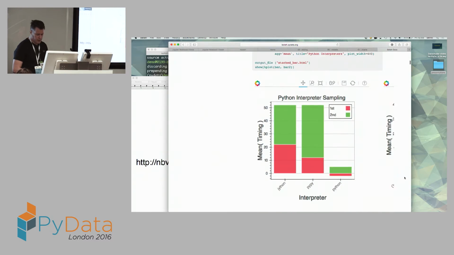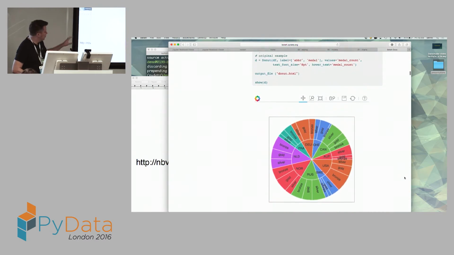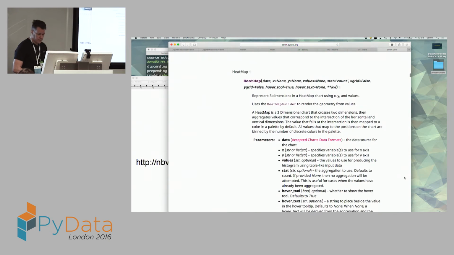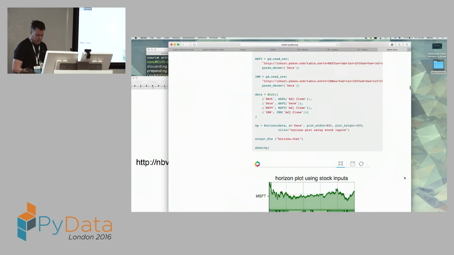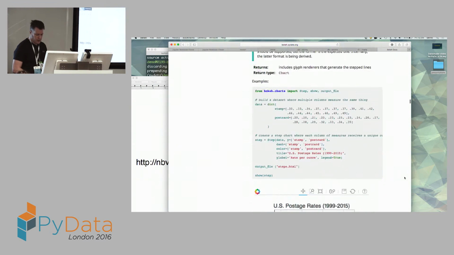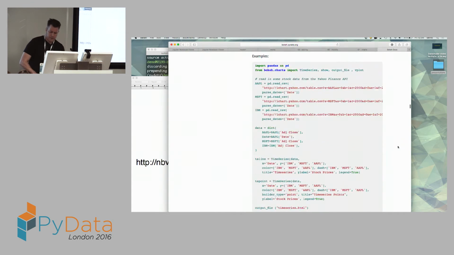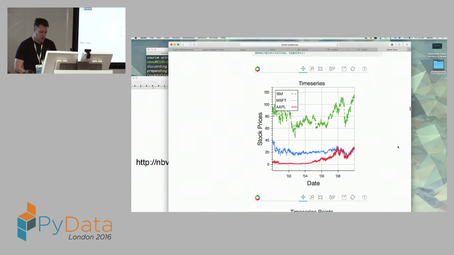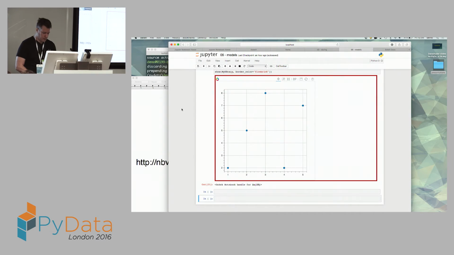There's an area chart. There is the box plot. There's this circular donut chart. Heat maps as well. There's our horizon chart that I mentioned. There's line charts, scatter, time series, step charts as well. So again, all of these are here and have nice documentation. I encourage you to check those out. We're going to go ahead for now and move on from charts, just for the sake of getting to some